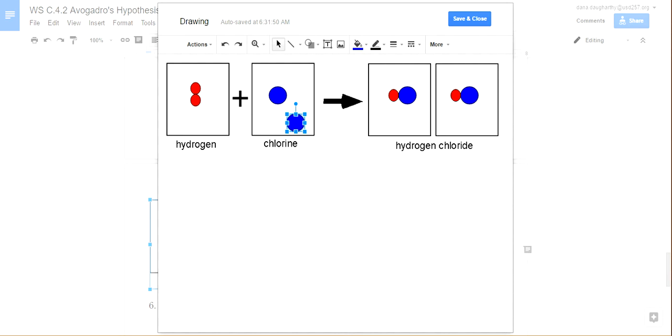You can't put them over here because that doesn't satisfy Avogadro's law. You've got to touch them. Like so. I did a little bit of overlapping. There we go. Yeah, whatever. Okay, so